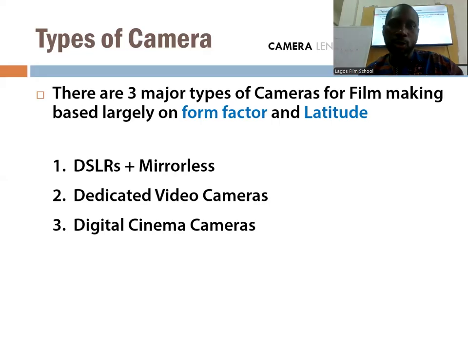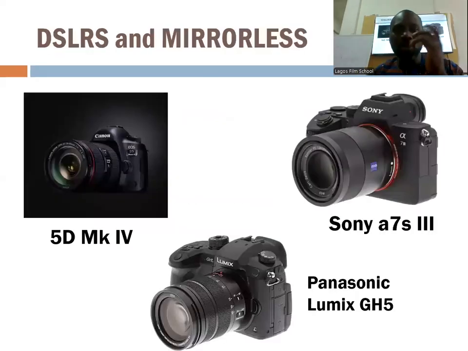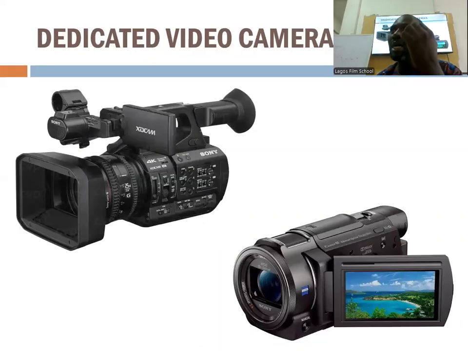All right, so three types of cameras: DSLRs, dedicated, and digital cinema cameras. But you notice that it says DSLR and mirrorless. They are essentially the same kinds of equipment, very similar. I'll talk about the difference in a minute. So these are DSLRs. These are the most common cameras that we shoot with. Let me rewind a little, or rather, let me go forward. I'll come back to DSLRs. You also have dedicated video cameras. This, guys, your camcorder, etc.